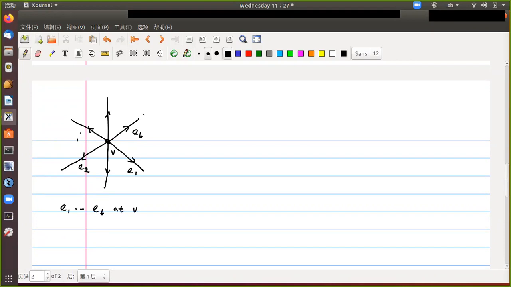Of course, you have other vertices and edges, but we only focus on the neighborhood of a single vertex. Now we can have a basis. We can write down one state in the basis, given by a sum of the product over edges 1 to 6 of pi j m n of h_e,